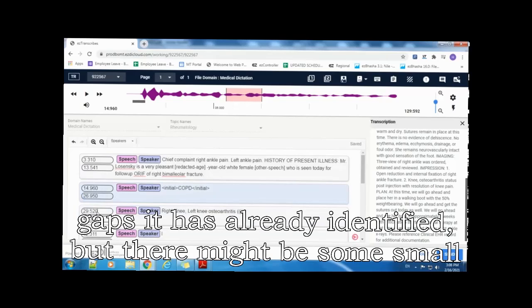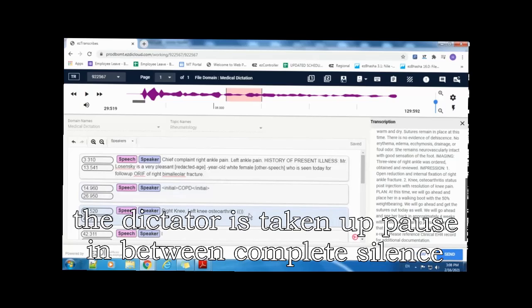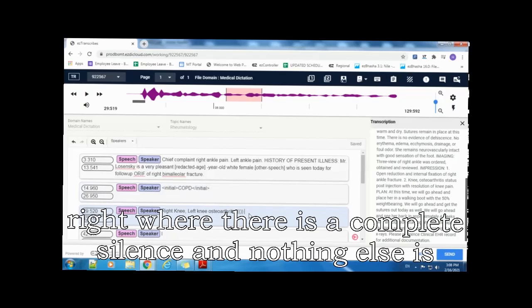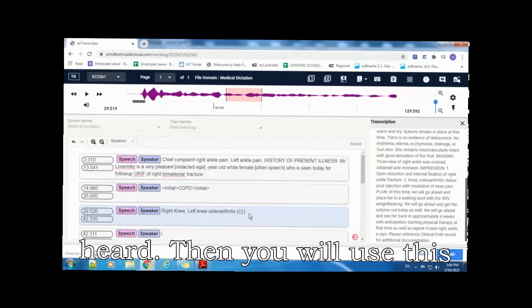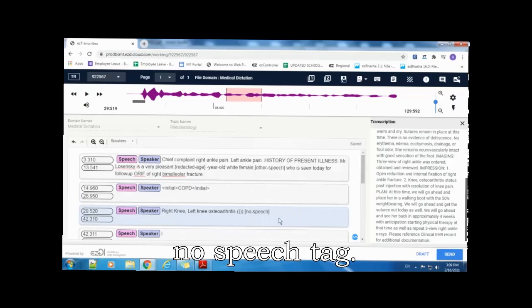But there might be some small pauses, like 1 second or 1.5 seconds, where the dictator has taken a pause in between, a complete silence where nothing else is heard. Then you will use this no speech tag. All right.